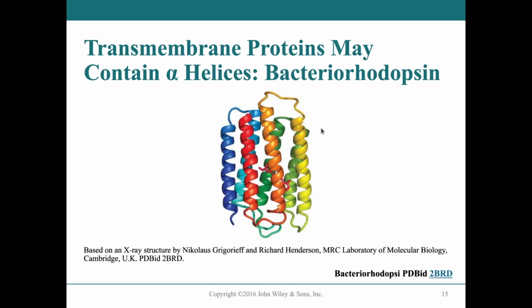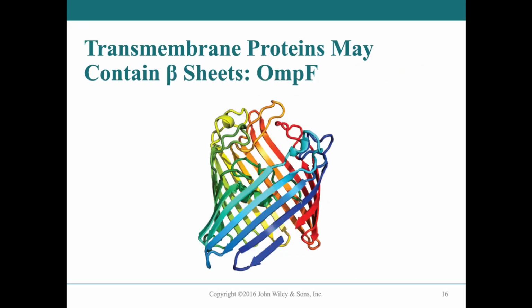So, for example, the lipid in this region here is the lipid bilayer, and then these are the outside, where the polar heads are interacting. So this is the exterior of the membrane, and this side is interacting with the bilayer. So here is another, this is actually a porin, OMPF, a type of protein that is basically, as its name